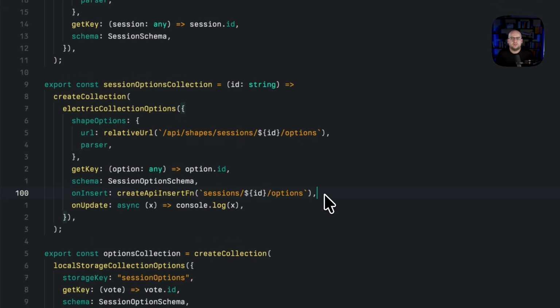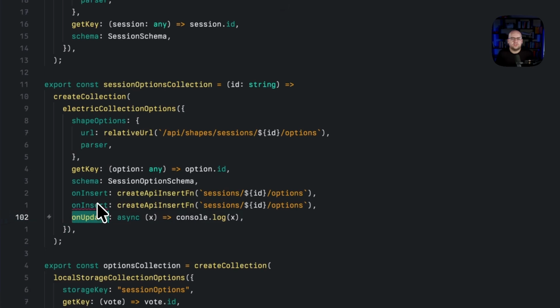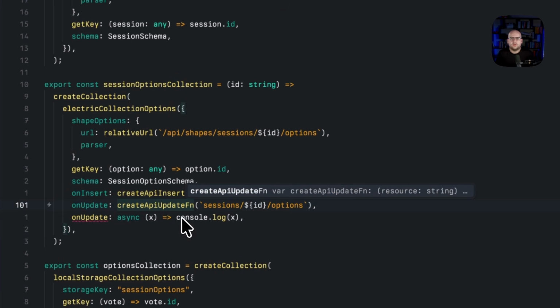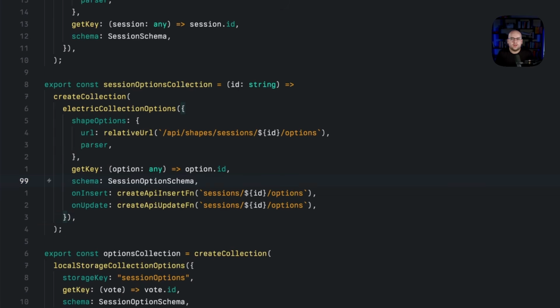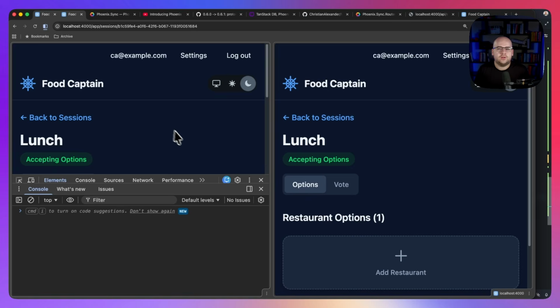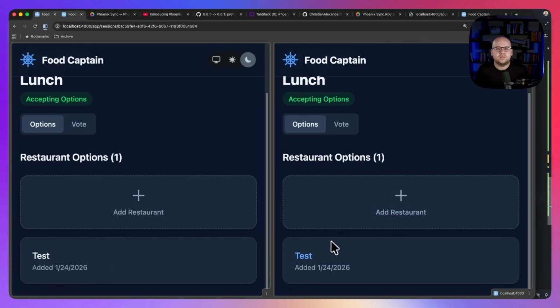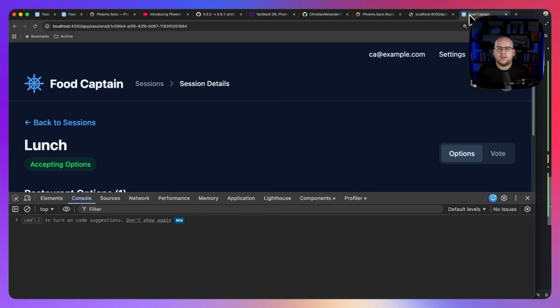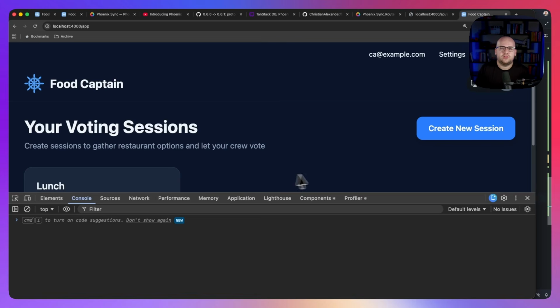Now down in the options, I'll just change this over to update, and now this should work. I'll open that side-by-side view again, close out this console clutter, and if I edit this, it'll synchronize across tabs very quickly. Now, I have one more issue with the options before we move over to voting, and that is when I create a new session